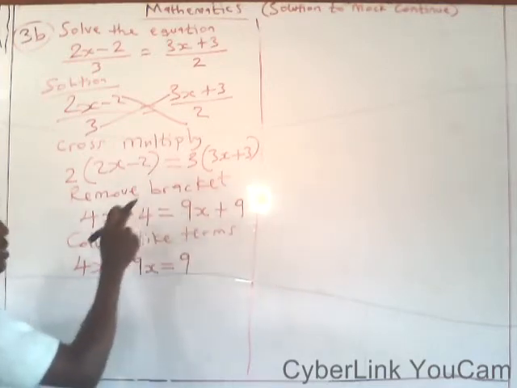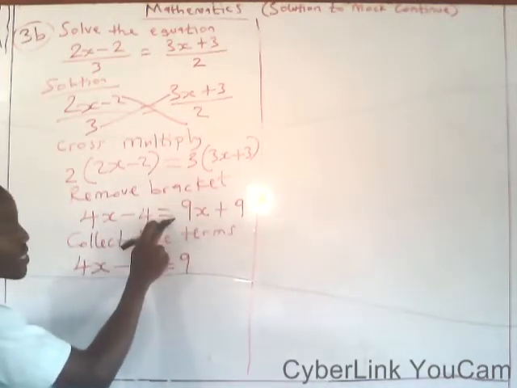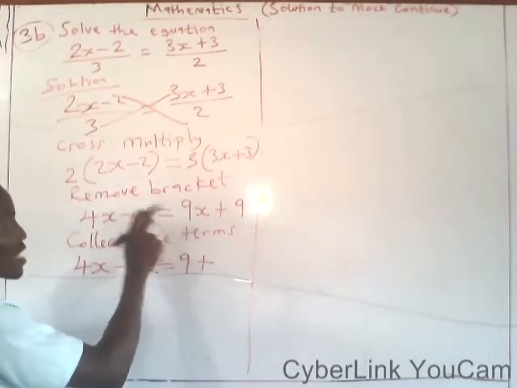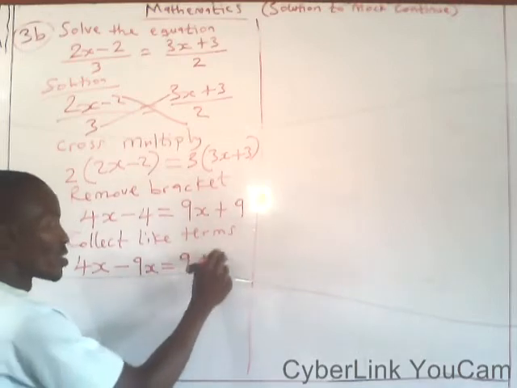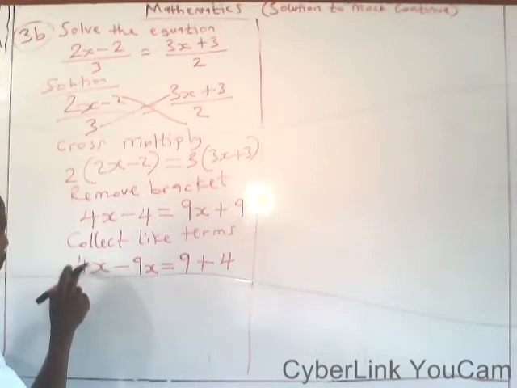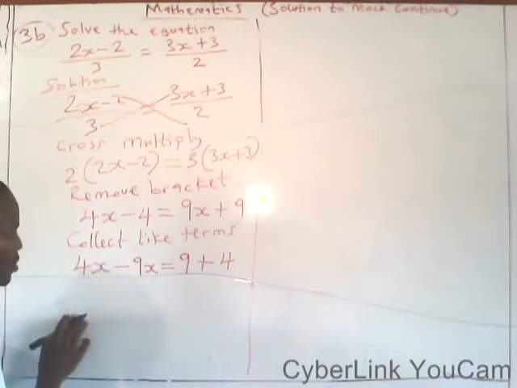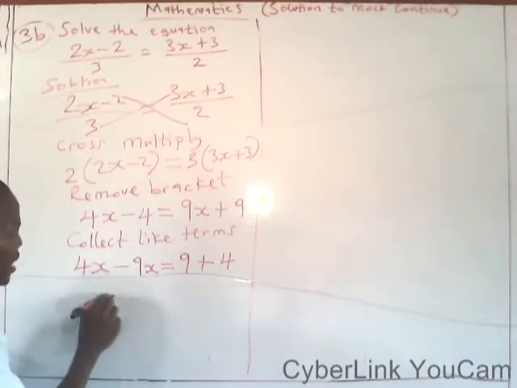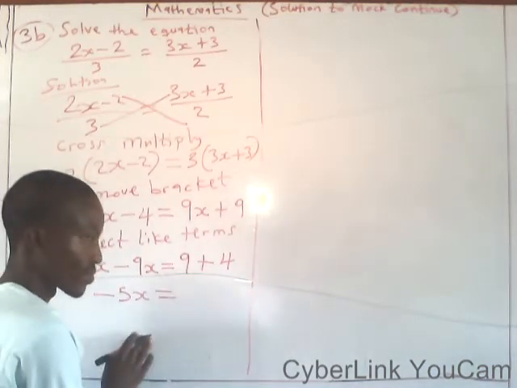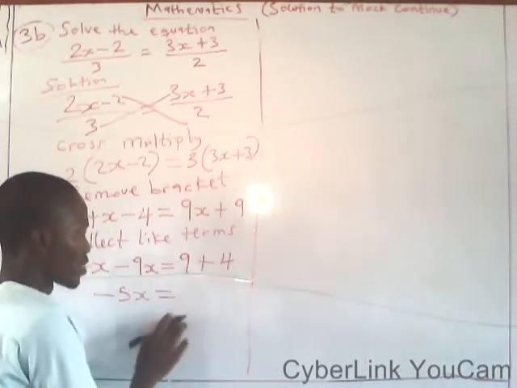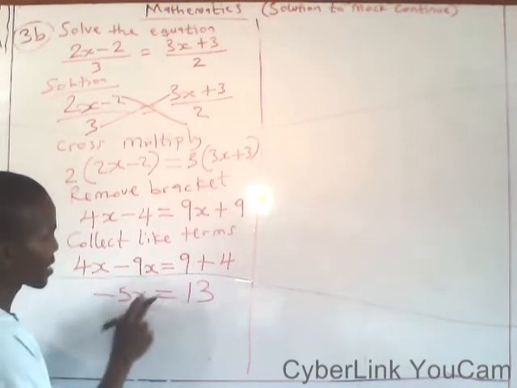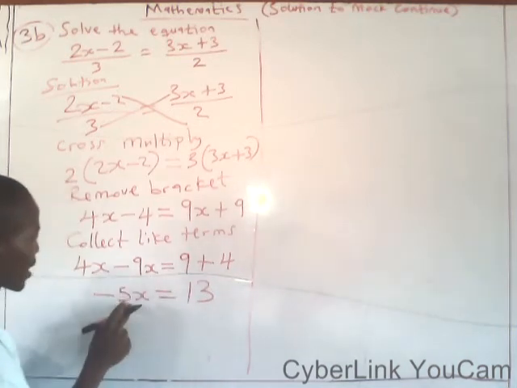This minus 4 will also jump the equality sign. It is going to change to plus. It is because of the equality sign that the minus jumps, that's why it changes to plus 4. In that case, 4 minus 9 will give us minus 5x is equal to 9 plus 4, which is 13. If you have minus 5x is equal to 13 and we are looking for x at this junction,